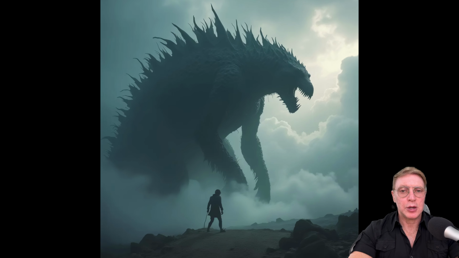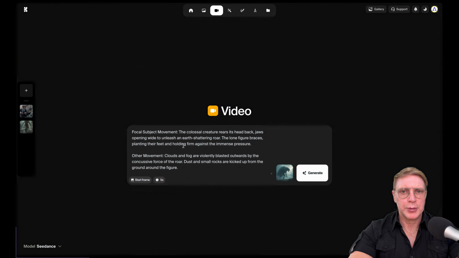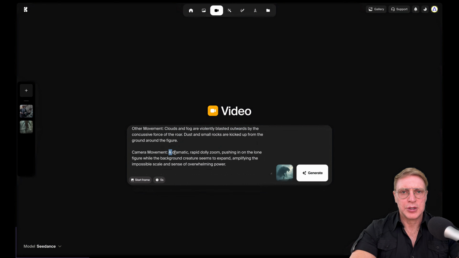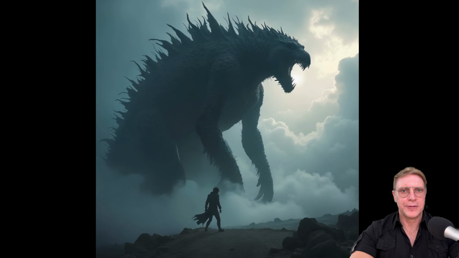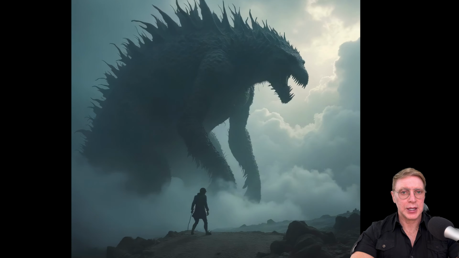And here we have a Godzilla-like creature created using Flux. For the prompt, the colossal creature rears its head back, jaws opening wide to unleash an earth-shattering roar. Clouds and fog are violently blasted outwards by the concussive force of the roar. A dramatic, rapid dolly zoom pushing in on the lone figure. Let's generate. Okay, we have our fierce Godzilla-like creature roaring so hard that the dust is flying up from the